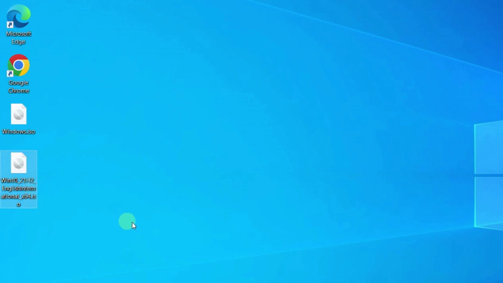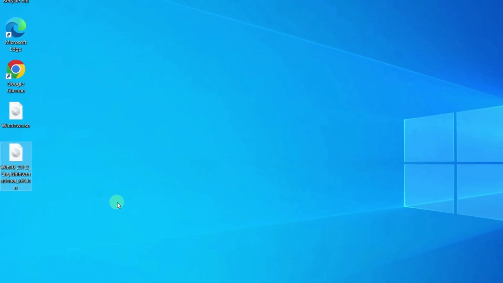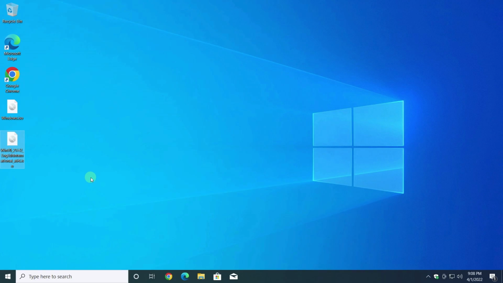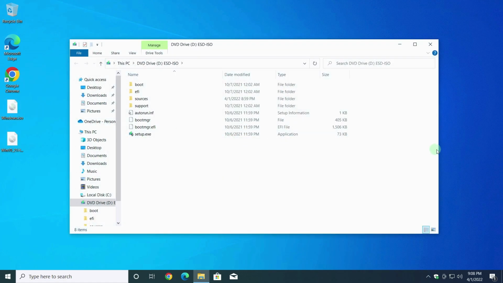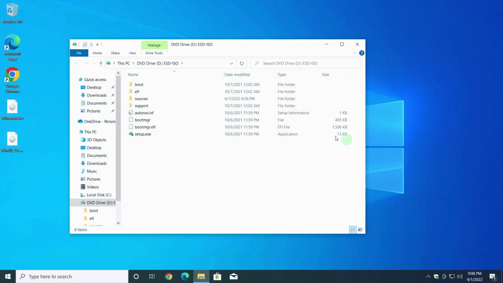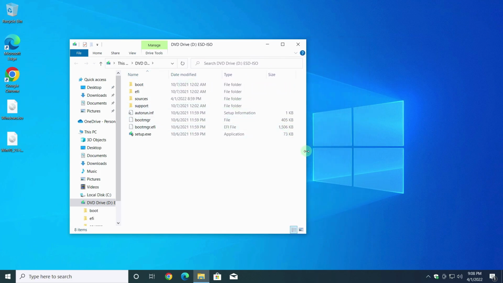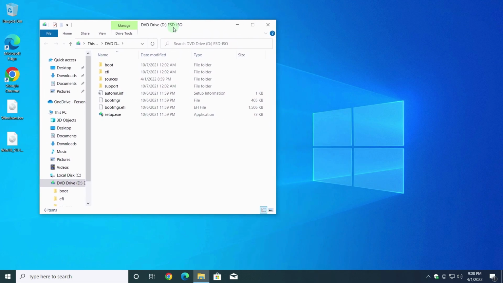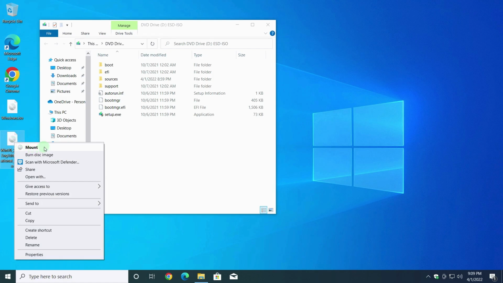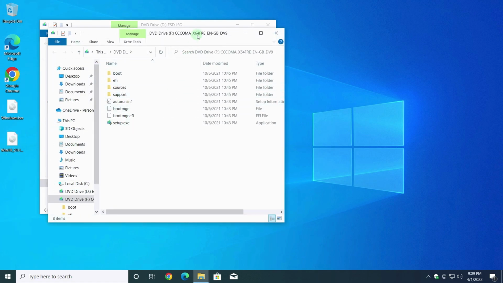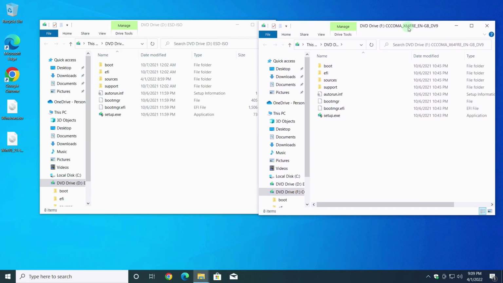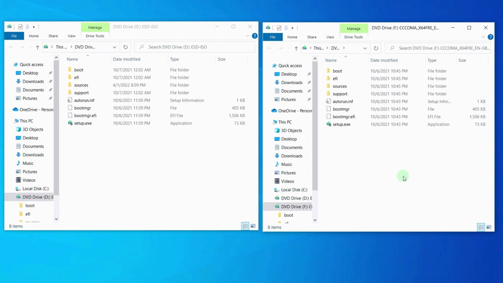To see the main reason for this difference, I will mount the images. I can do it with just a double click, or right click on the file and choose Mount. In both cases, I open the Sources folder.